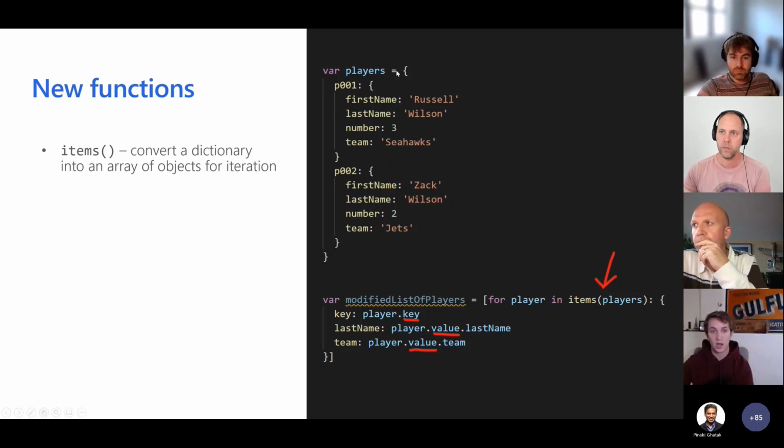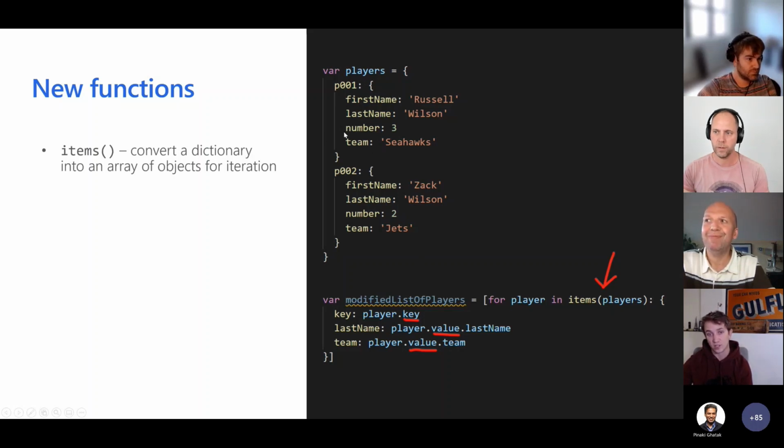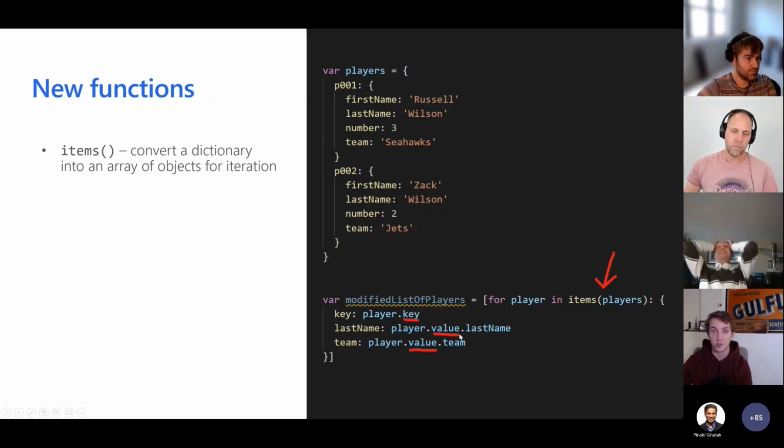So this is just an example of a dictionary of some football players where the key is this ID, and I can iterate through it by just running it through this items function. And what happens is you get an array where you have a property called key and a property called value, where key will map to this key in the dictionary and value will map to the entire object for that particular item. So you can do value.lastName in this case, value.team, and that's going to be a reference to these properties in this object.